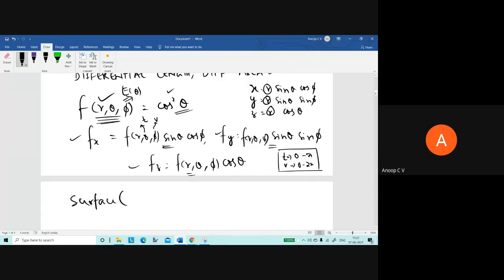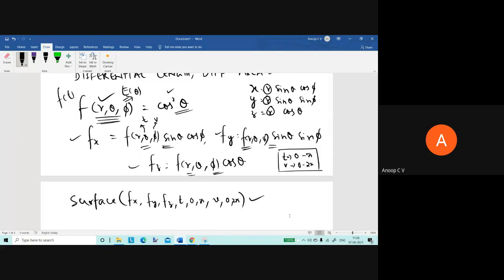The function which I use in GeoGebra is surface of. You should write the x component, y component, then the z component. Then you define the first parameter t, comma its limits 0 to pi, and then the next parameter v, 0 to 2 pi. This is the function I am using, where fx will be this, fy will be this, fz will be this, and instead of f of r, theta, phi, I've used f of t. That is what I have done. Those who are taking it down, I can give 1 minute to note this. Right, this is right.